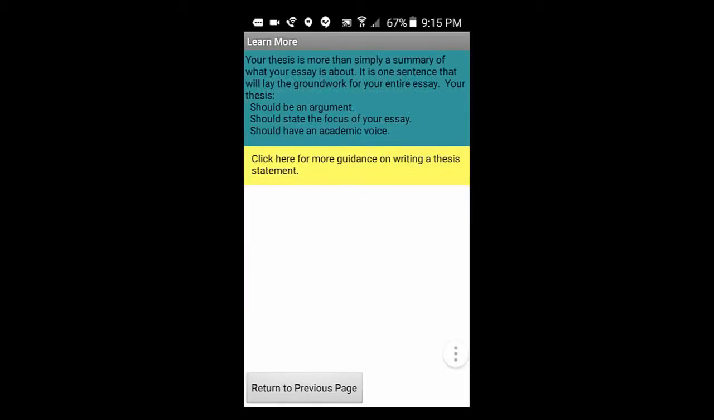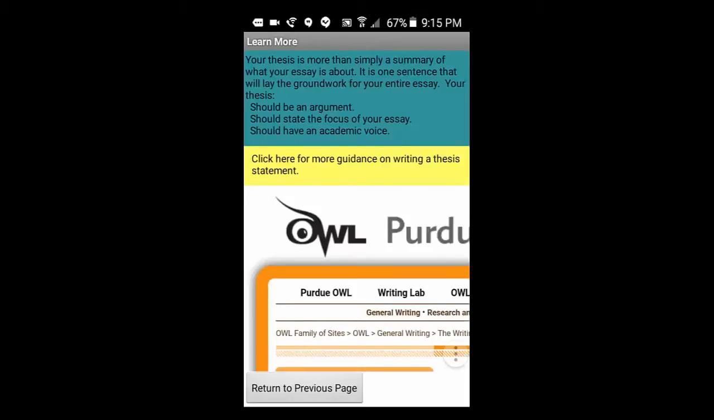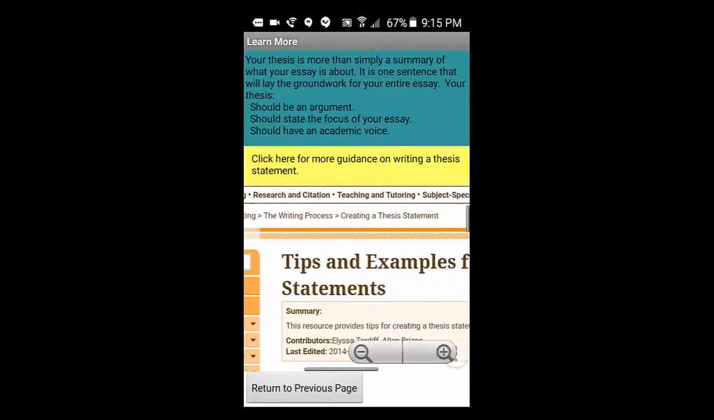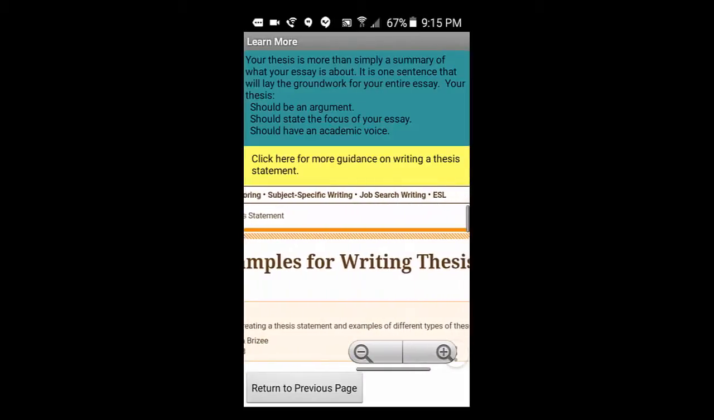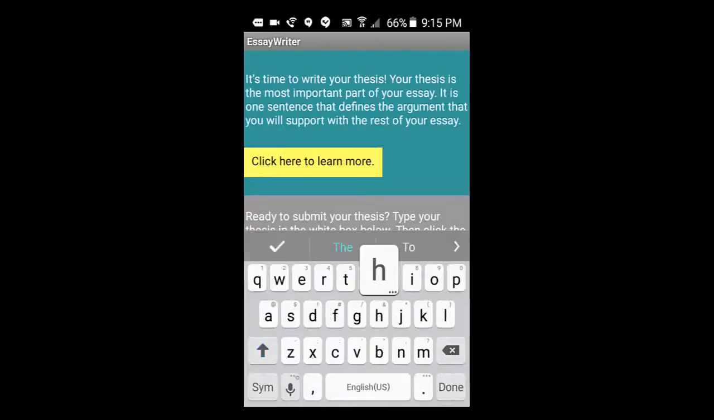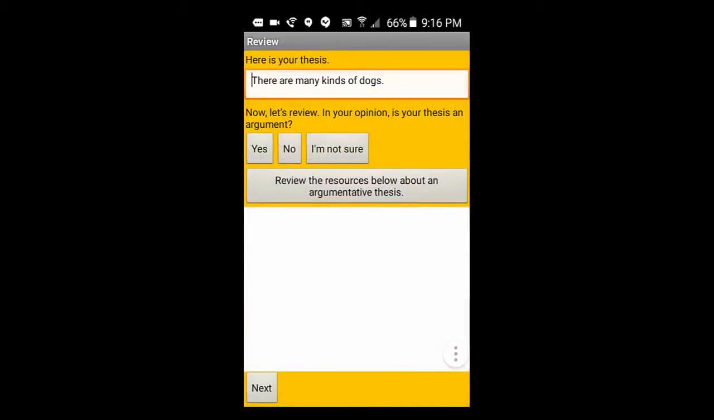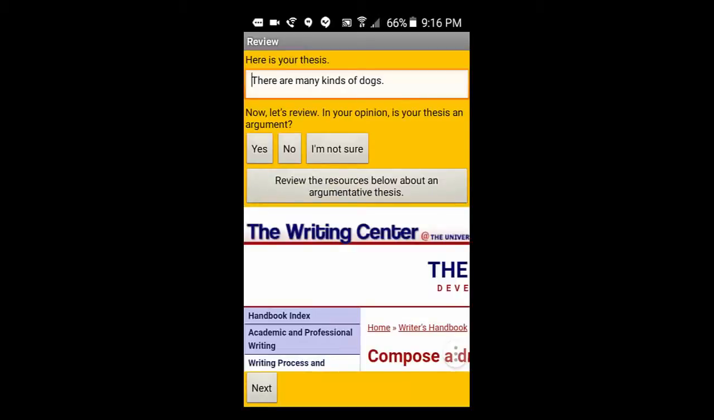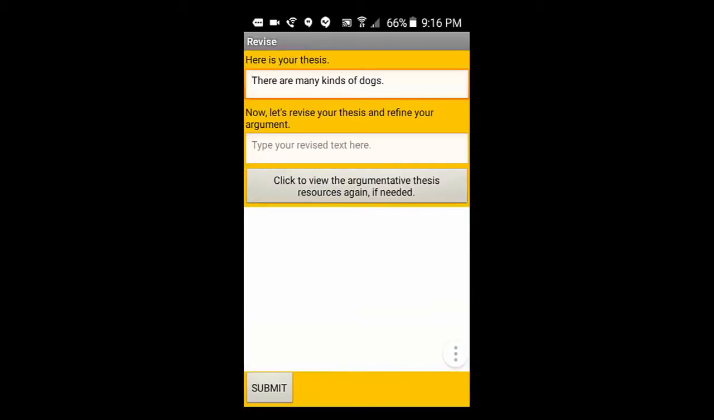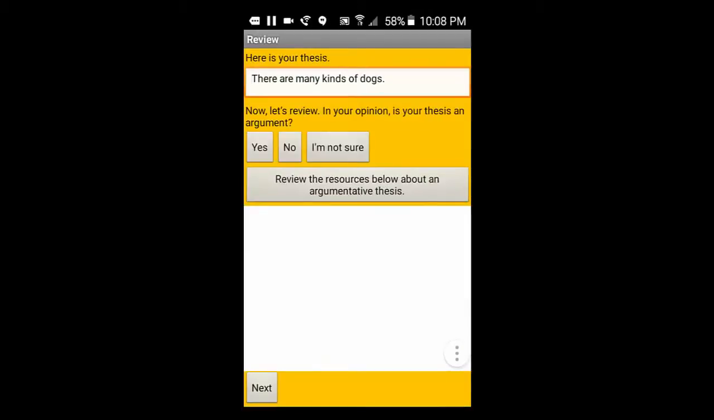Here, the app describes the purpose of a thesis. If the student needs additional help, they can access online writing resources within the app. After they've submitted their thesis, the app asks students to evaluate what they've written by asking them a series of questions. In this case, the students are asked to consider whether their thesis is an argument,